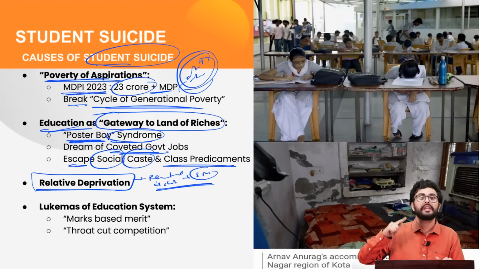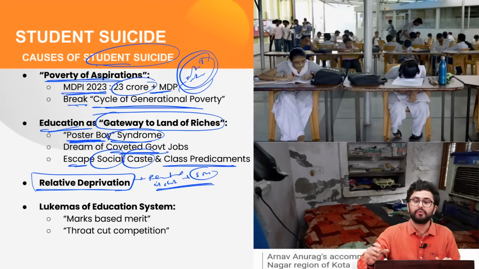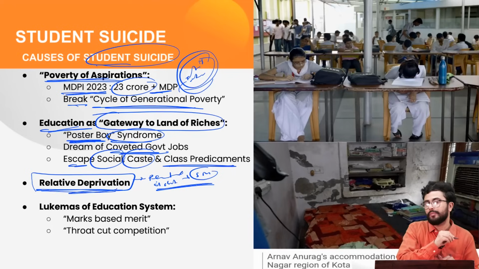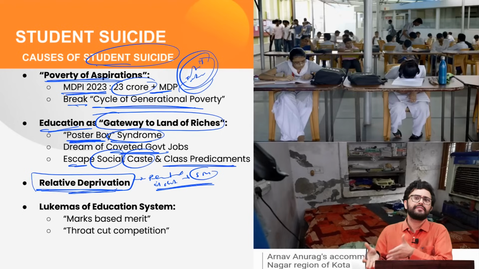And this glorification of those selected few starts leading to the issue of relative deprivation, which obviously further compounds